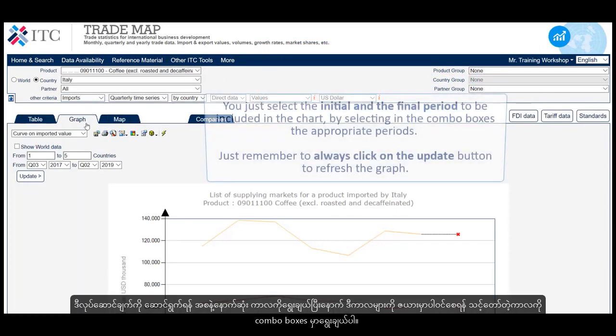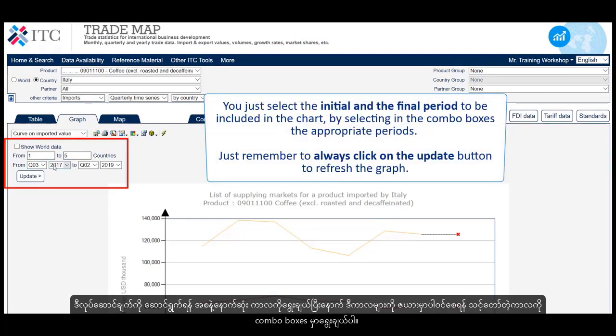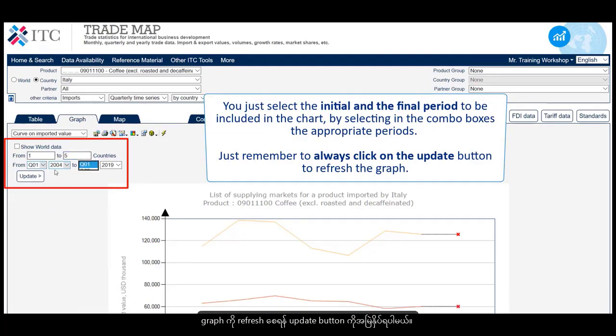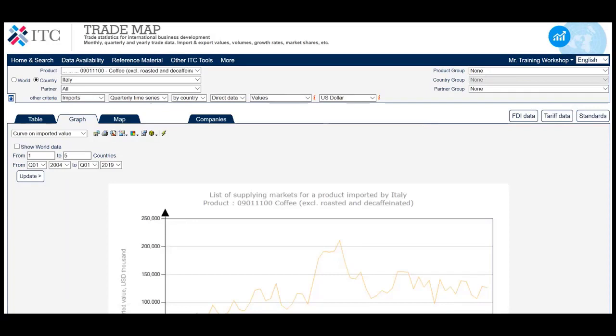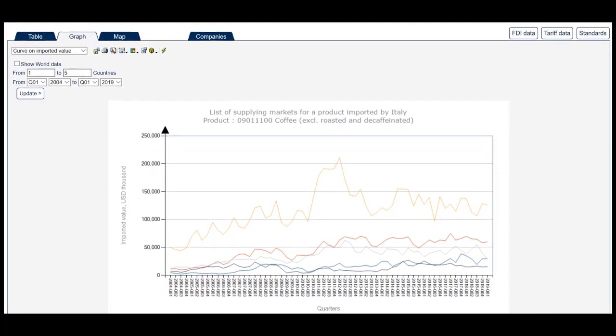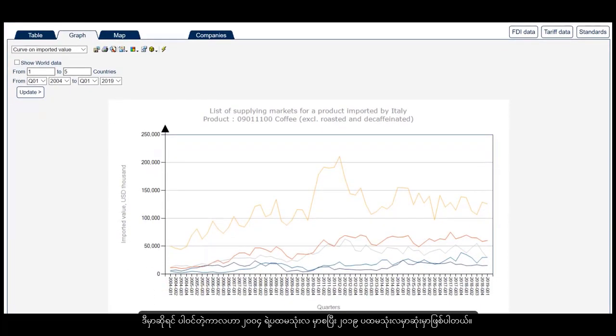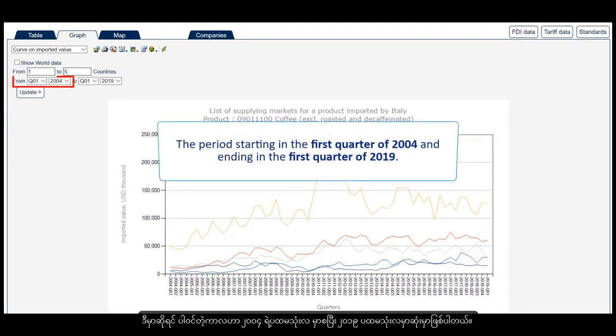To do this, you just select the initial and the final period to be included in the chart by selecting in the combo boxes the appropriate periods. Just remember to always click on the Update button to refresh the graph. In this case, we have included the period starting in the first quarter of 2004 and ending in the first